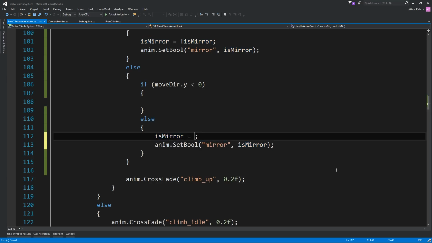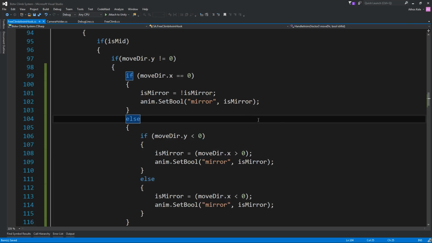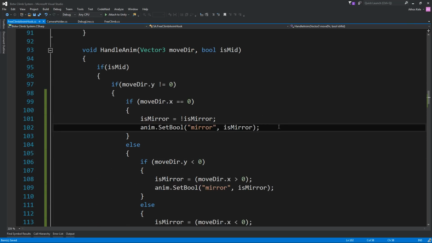So this is going to be controlled by move dir dot x lower than 0, then it's going to be false on the mirror, otherwise it's going to be true. Take this, paste it over here and reverse that. So when you are going down, when you are going to the left, you want to have raised the right shoulder. Let's see if we are this lucky so that this will actually play.